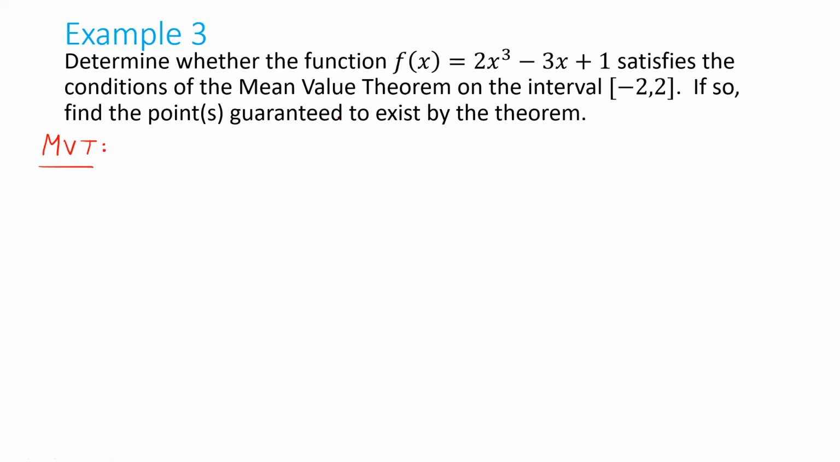So let's just go through this example. So with the mean value theorem here, we've got to show... Well, let's remind ourselves what the conditions are that we need in order for the mean value theorem to work. So f needs to be continuous on the closed interval a, b, and differentiable on the open interval a, b. Then the conclusion is